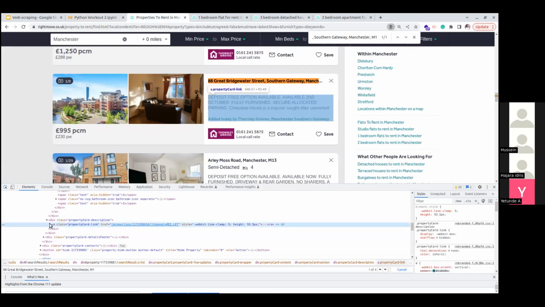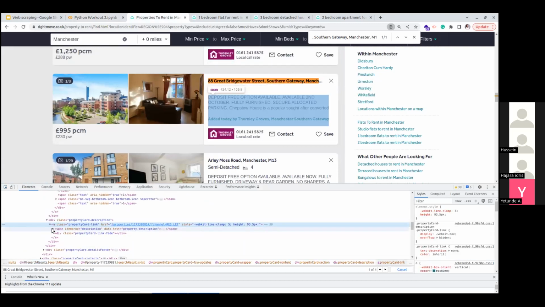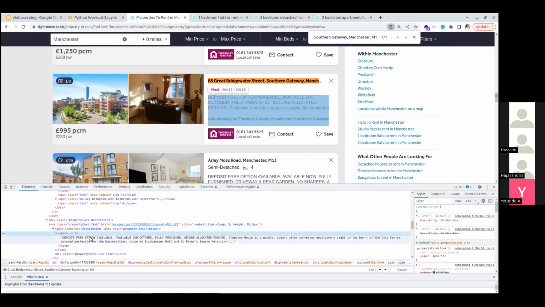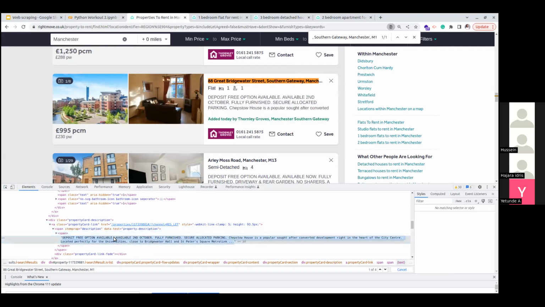The description is inside an A class, inside this span, and you can see that the span does not have a class. It only has this property called item prop and data test. So let's try to look for the first text of this and see if it's maintaining what we are seeing here.